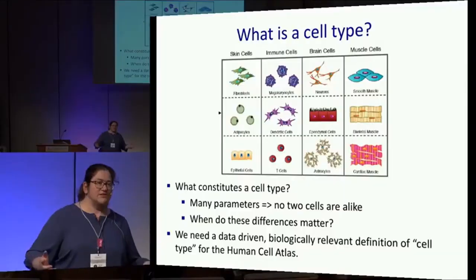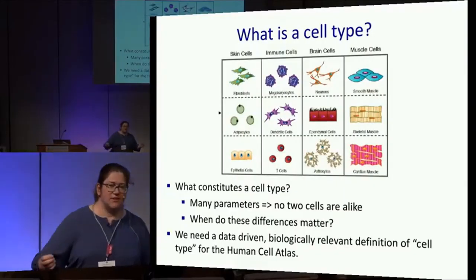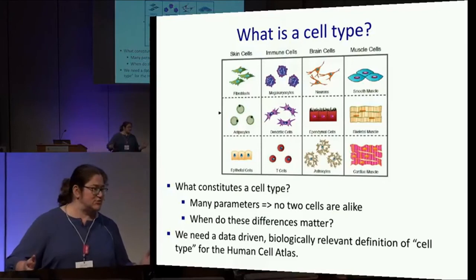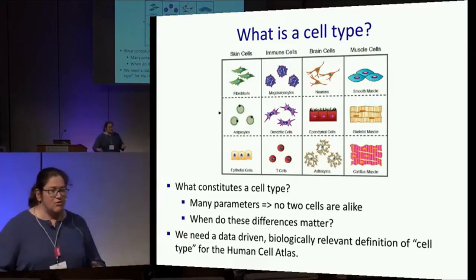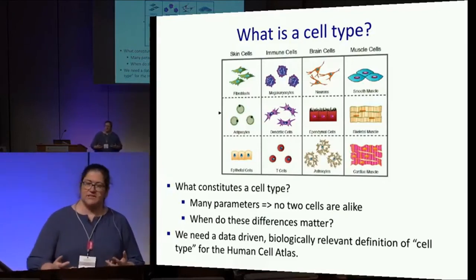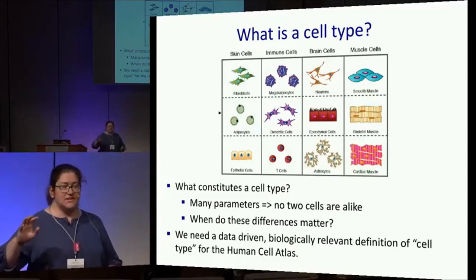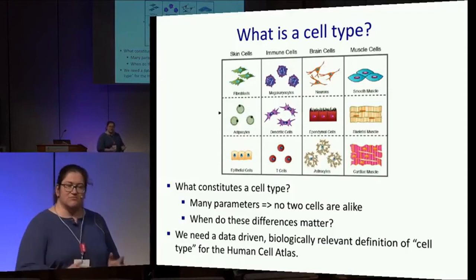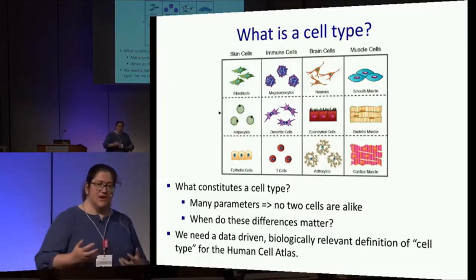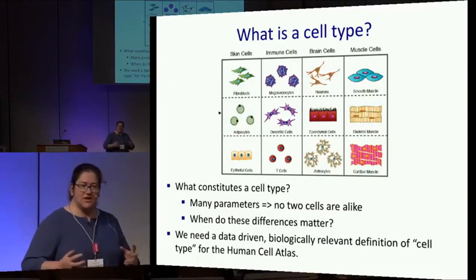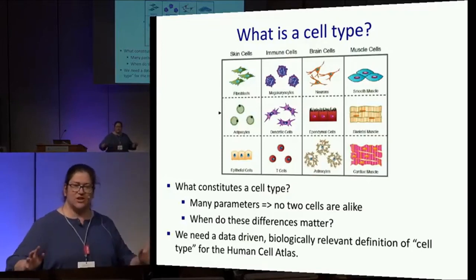But when you collect single-cell data, no two cells are the same. Every cell has a different expression profile. But which ones are meaningful? How do we organize them? And there's been some distinction here between cell type and cell state, and one of them is more static, the other is more transient. I'm actually not going to try and make this distinction, so when I talk cell type,